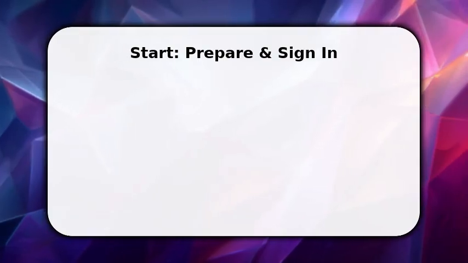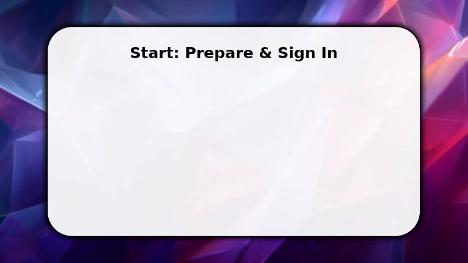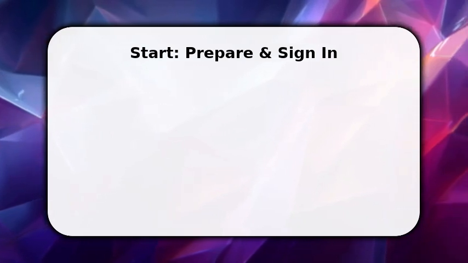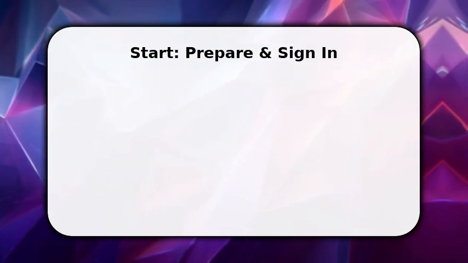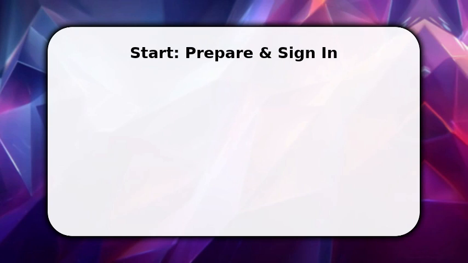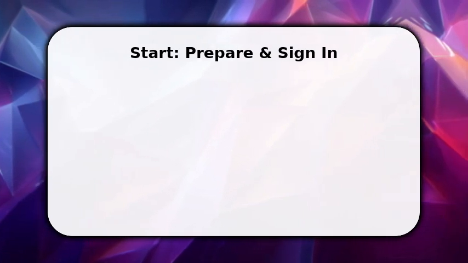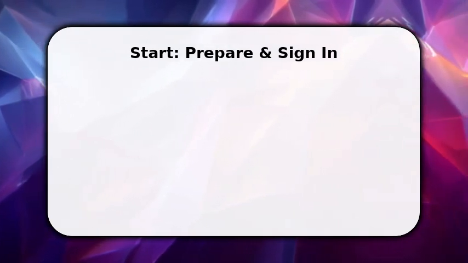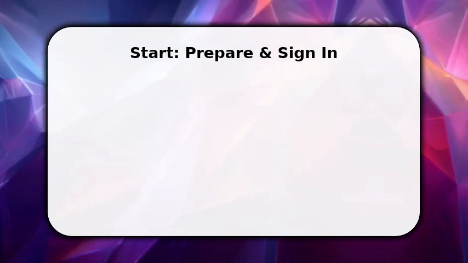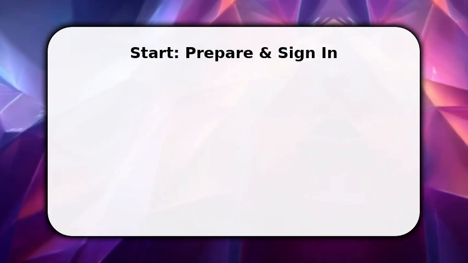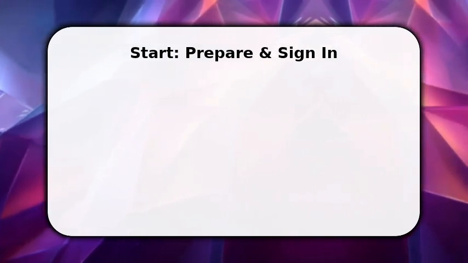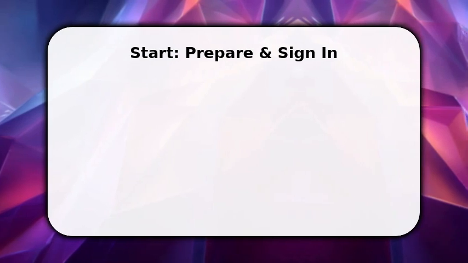You start by confirming essentials. Your device has power and internet, and you're signed into the updated Find My Device app. Tap Sign In and choose the account you use for device recovery. This links your devices. Once done, grant location and background permissions so the service can report position continuously. You do this now because without permissions, the app cannot locate the device, and signing in ties tracking to your